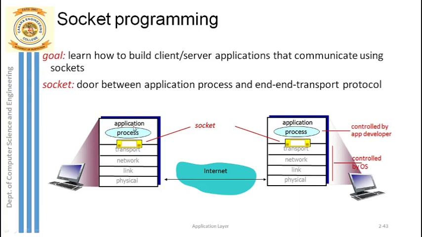Similarly here, all the people residing inside the house are nothing but processes. There may be many processes running, just as there may be many people residing in a particular house. So the yellow thing is a door, and the processes are the people. A process is one person inside the house. Now every door has a door number, right? So also in the networking stack, in between the application layer and the transport layer, there is one door, and you call this door a socket.